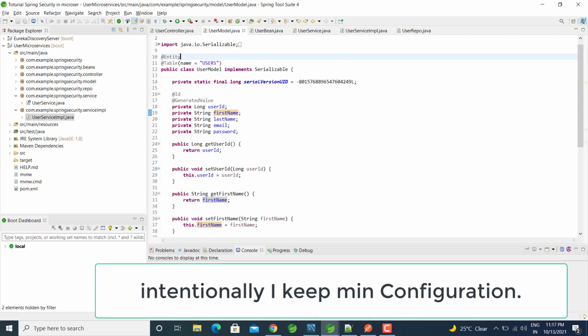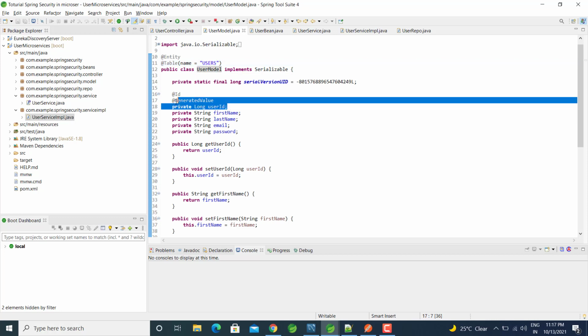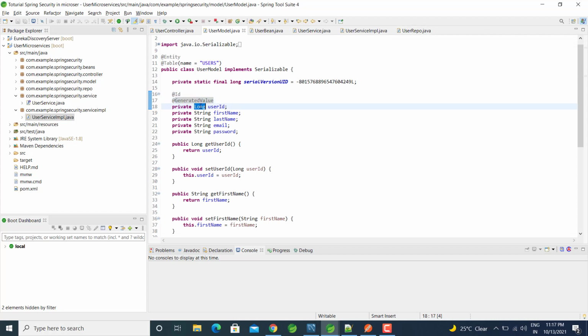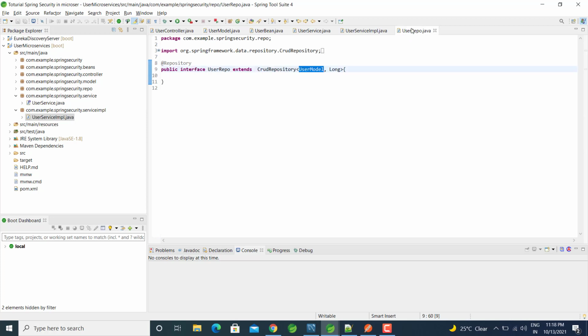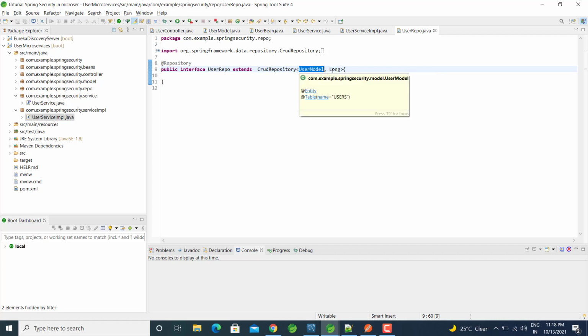I added the Entity annotation, which means this model will act as an entity and it will create a table in the database named user, and our ID is auto generated and of type Long. The same user model and Long I use in this user repository.